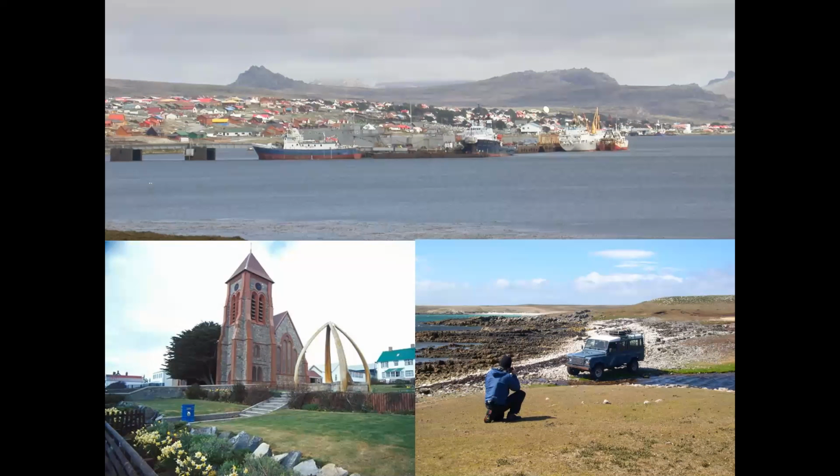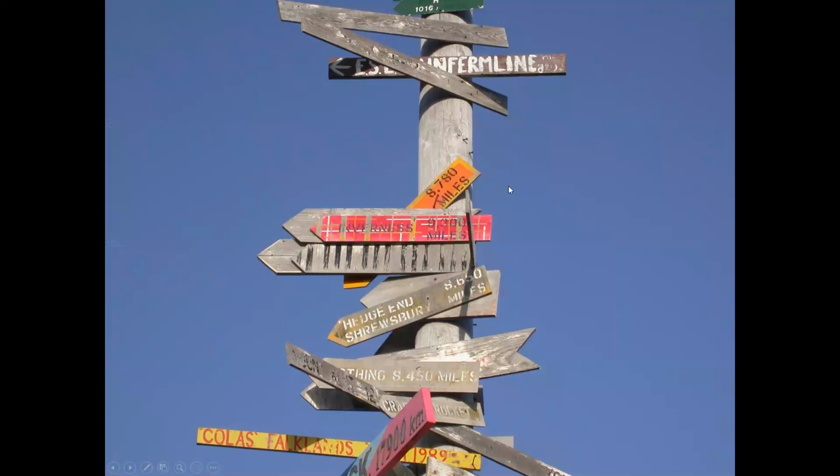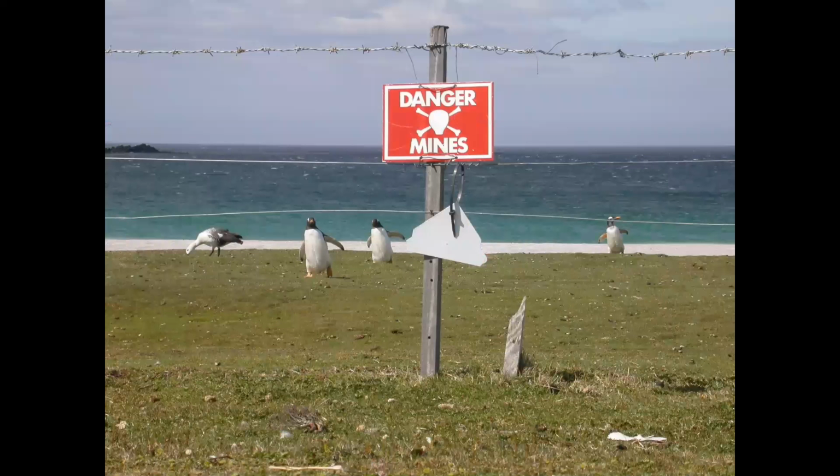I think it's very like the west coast of Scotland. It's quite rugged and remote. And in Stanley, there's a little sign, and you can see that Inverness is 9,300 miles away. I hate to say it, it's very rugged, like the west coast of Scotland, but maybe with slightly more exciting wildlife. These are Gentoo penguins on a beach just outside of Stanley, and this made the news recently because they